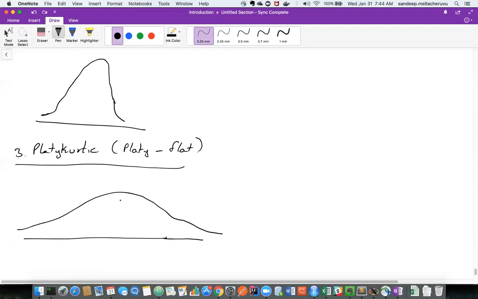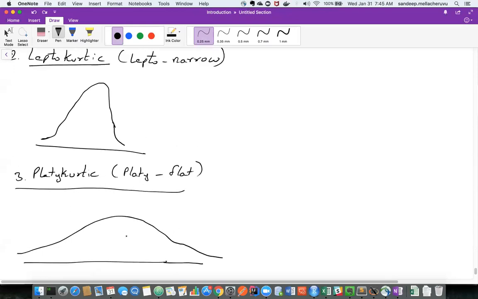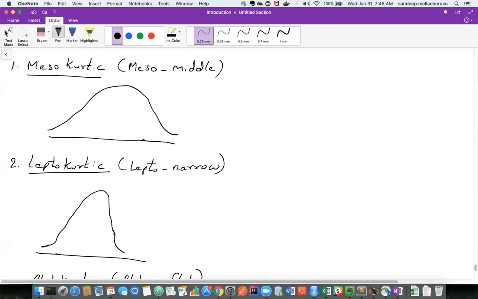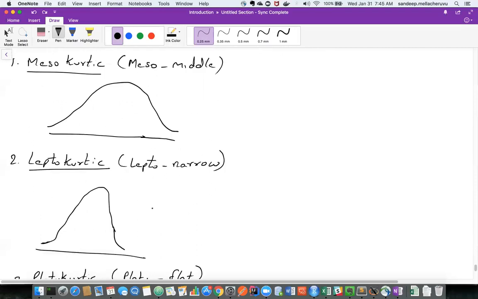It's exactly opposite. Whatever you interpret with the peak is exactly opposite to the tail. When the peak is low, the tail is thick, the weight of the tail is more. When the peak is more, the tail will be less, short tails. When the peak is in the middle, tails will be neither too much nor too less. Is this clear? Whatever I said? Yes, Sandeep. Okay.